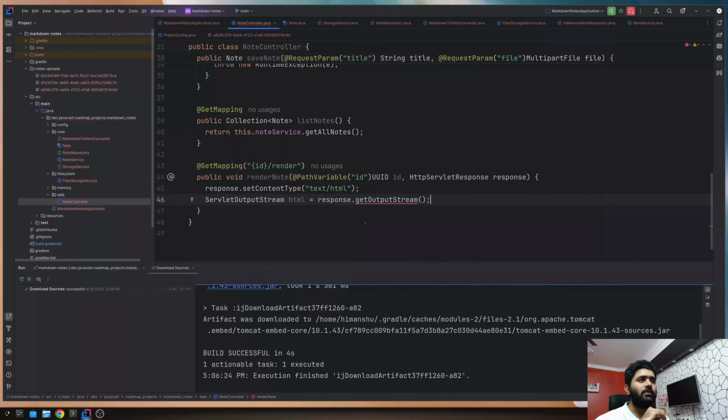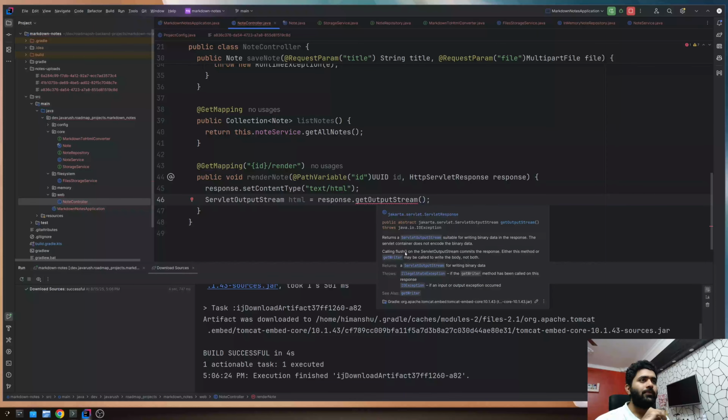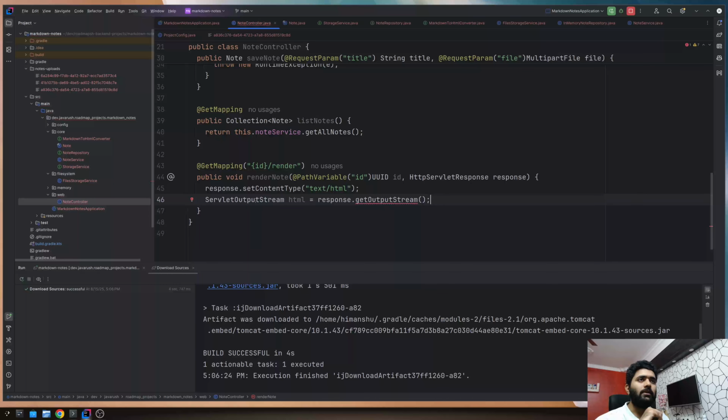The documentation will tell us more, and it says that the servlet container does not encode the binary data. Calling flush on the servlet output stream commits the response. Either this method or getWriter may be called to write the body, not both. So first of all I will surround it in try catch, try,